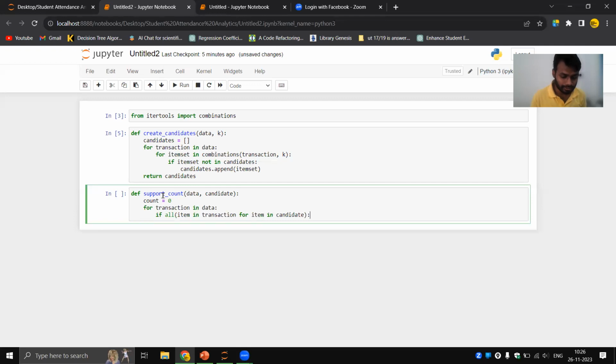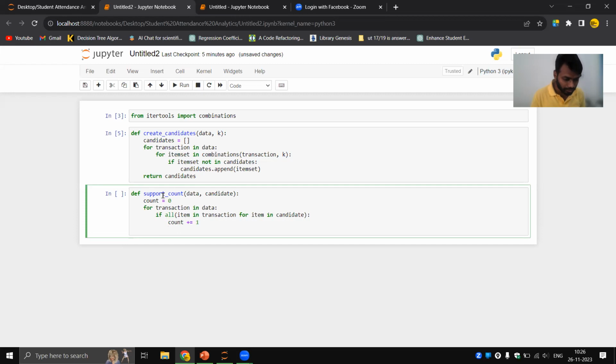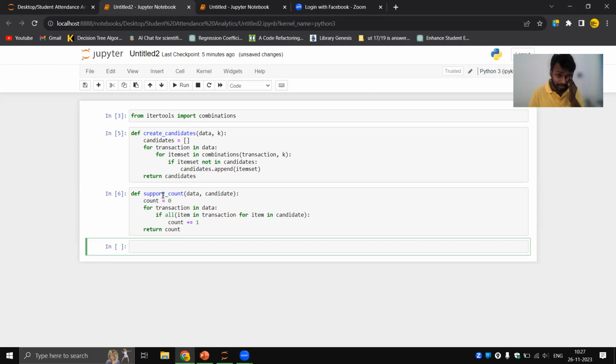Each transaction item, you have to count it. So count plus equal to 1. Now you have to return it. Return count. Successfully executed.